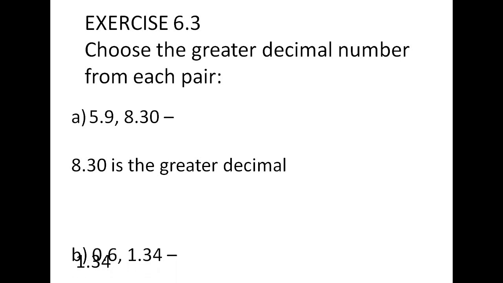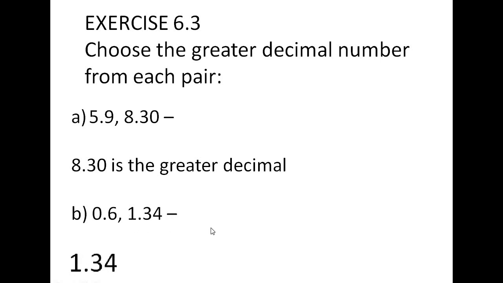Children, if the whole number is there, compare only the whole number first. In this, 0 is the whole number, and here 1, which is greater? 1 is greater. So 1.34 is the greater decimal. Which is the greater decimal number? Here we don't have whole numbers. So what do you have to do? Second concept. Just see the first place of the decimal number. First place, that is the 10th place. Here is 7, here is 8. Which is greater? 8. So 0.85 is the greater decimal number.